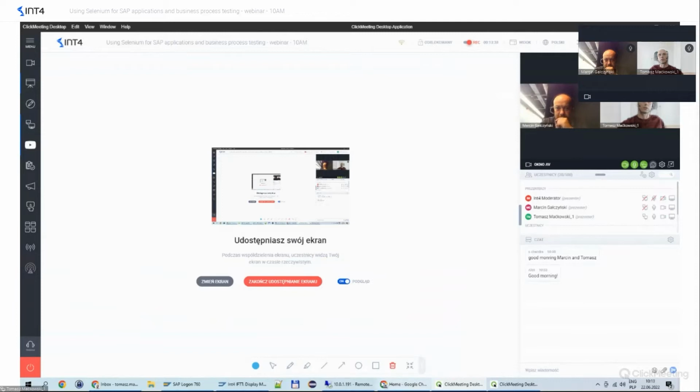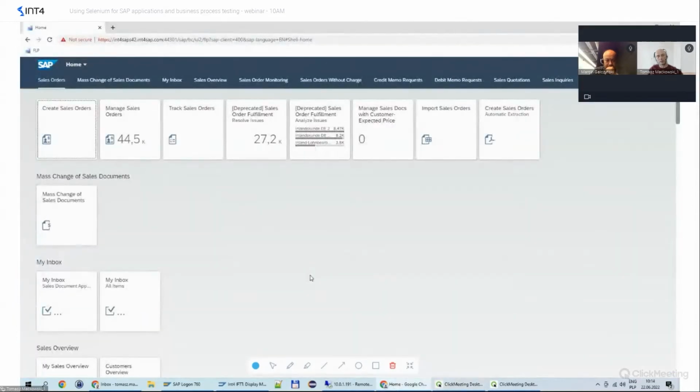Yes, thank you, Martin. So what I will present now is a simple recording of a Fiori application. It's a standard app for sales order creation. And with this example, I will describe some of the challenges which Martin mentioned, which are